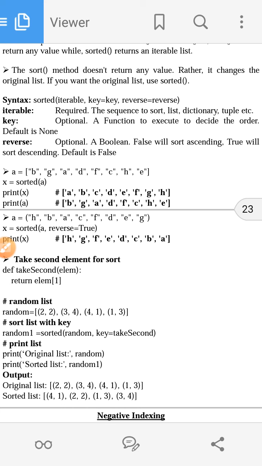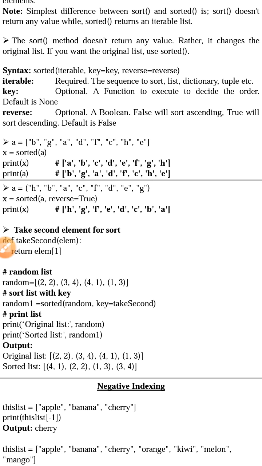We will see an example. A equal to B, G, A, D, F, C, H, E. Our current list A has elements A to H. After that, if I call the sorted function on iterable A, it will return a modified or sorted list that will be stored in X. As we have stated, it will not modify elements in the original list.